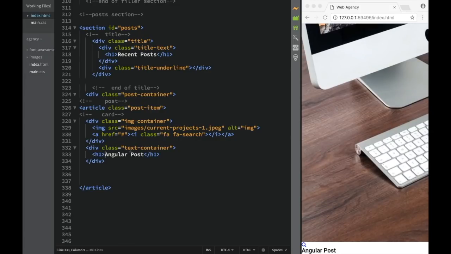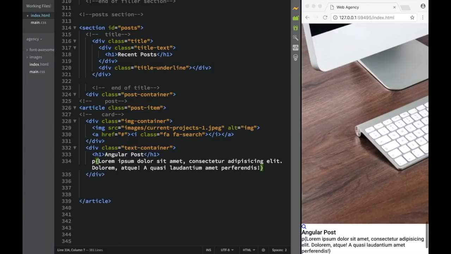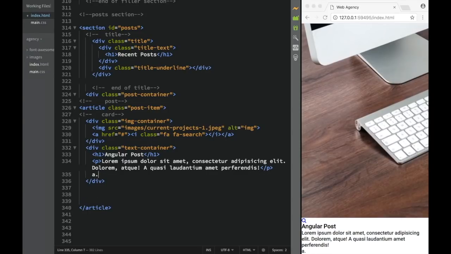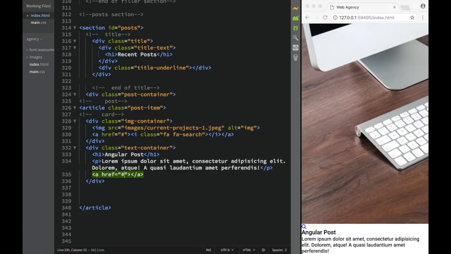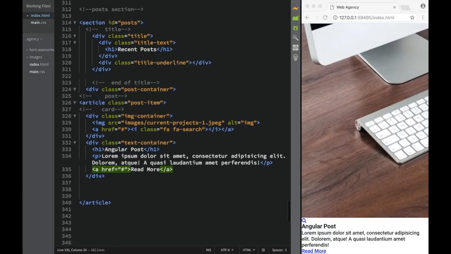Once we have a heading 1, then we're going to have a paragraph. So obviously we're going to write over here, and this is going to be paragraph. And let's say this is lorem 15, and let's say all the way in the back, this is going to be padding, right? And then we're going to have a link, right? So we're going to say a, and over here we're going to say read more, right? So we're going to have href read more, right? Now that we have this, we're actually ready to move on